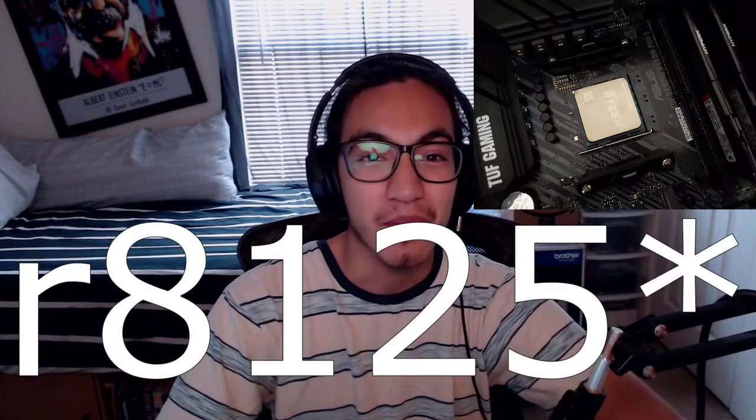So I returned that motherboard and bought a new one. This one I saw had a 2.5 gigabit Ethernet port on the back, so I was like, oh, I gotta get this one because it's a bit future proof. It gives me a little bit of faster speeds, and no. Proxmox doesn't even support this motherboard's Ethernet port,